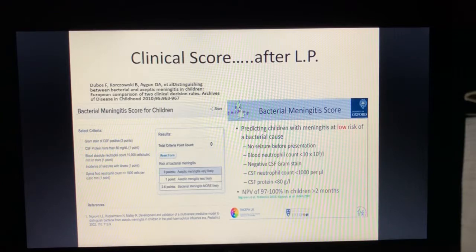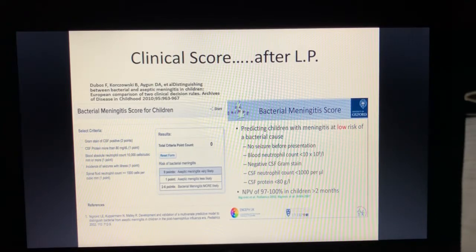Now, the 2012 update reviewed a couple of what are called clinical decision rules, and one of them was the bacterial meningitis score shown here on the left. And this was derived from assessment of children in pediatric emergency room or intensive care setting